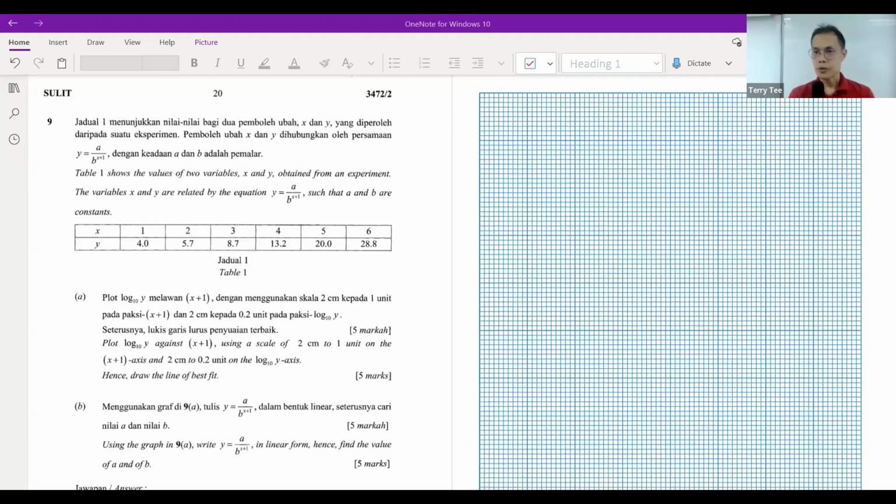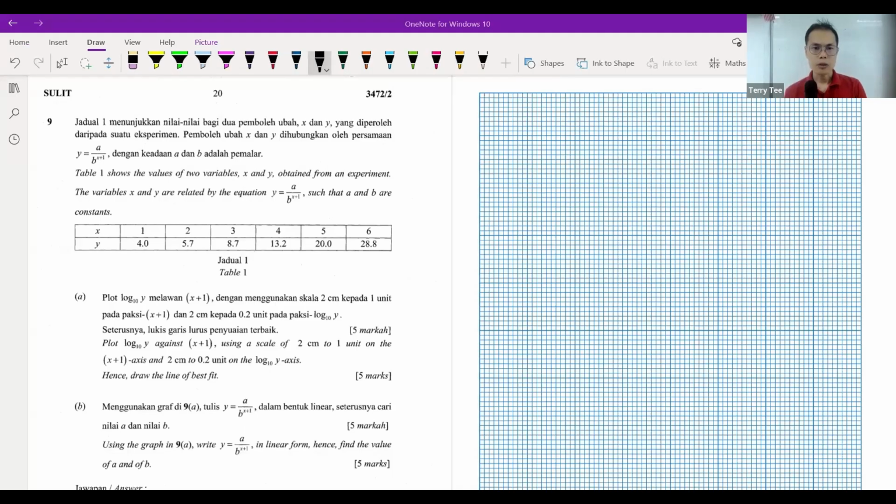Okay, let's move on to question number 9. This is from linear law. Here we are supposed to plot log 10 y against x plus 1. So the first thing we do is construct the table of values for x plus 1 and log base 10 y, so it's LG. I just use LG y. If your x is 1, 1 plus 1 is 2, then 3,